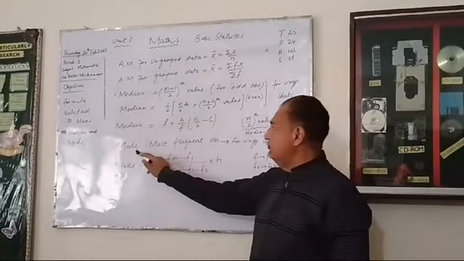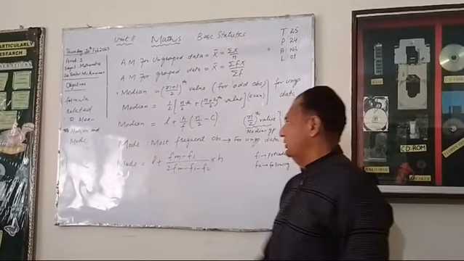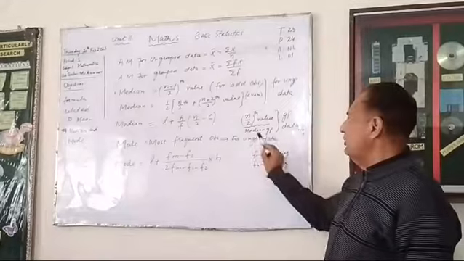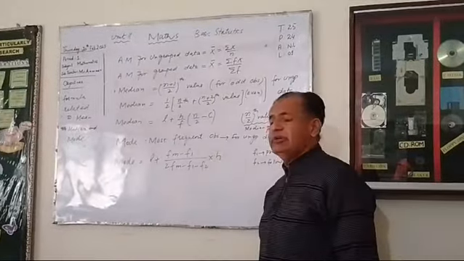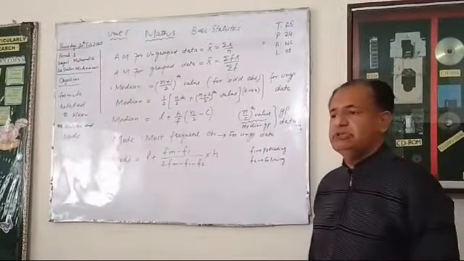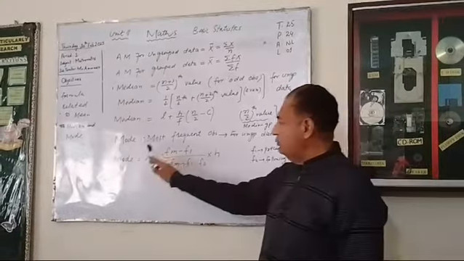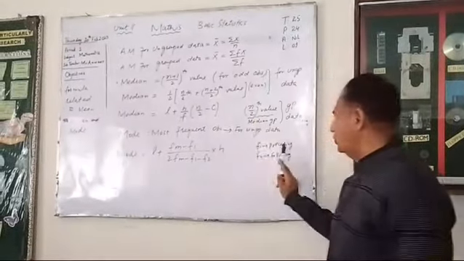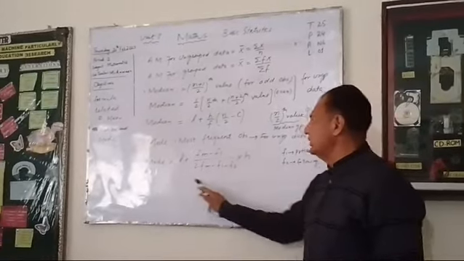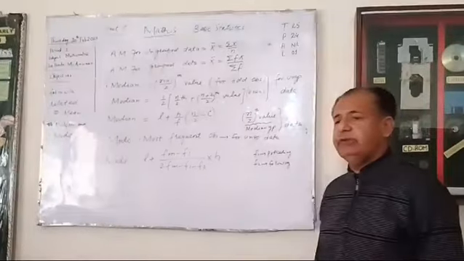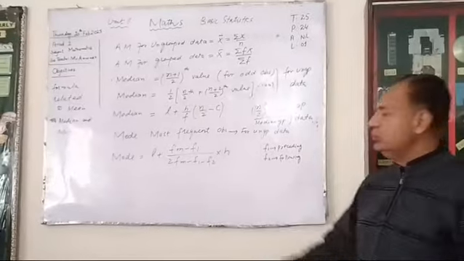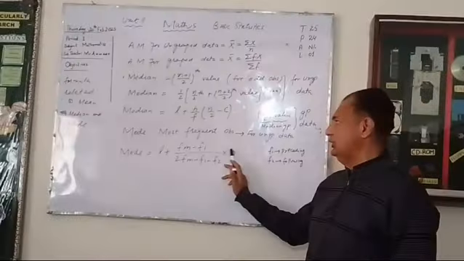Then finally, if you are going to find the mode of grouped data and ungrouped data, for ungrouped data, mode is the most frequent observation which appears in the data. But if you are going to find the mode for grouped data, then you will utilize this formula: L plus (Fm minus F1) divided by (2Fm minus F1 minus F2) into h.